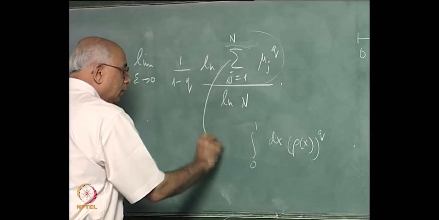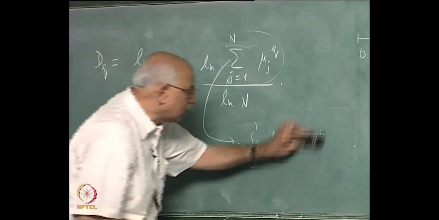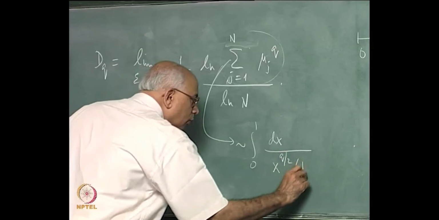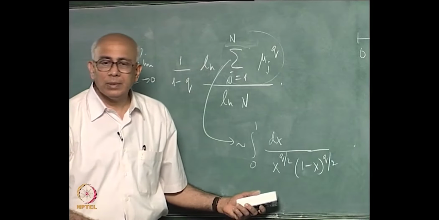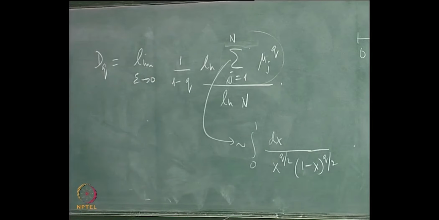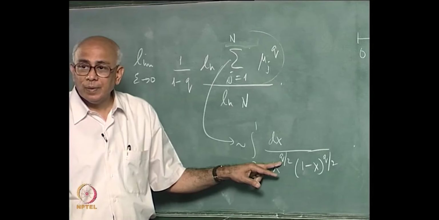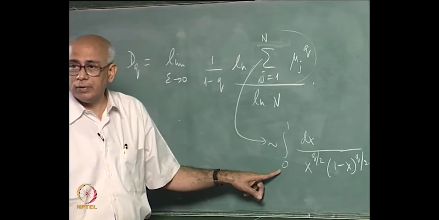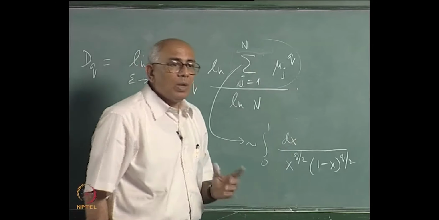So this quantity here is related to this integral here, but you have to be very careful, because the invariant measure has that structure, of the form x to the power q over 2 times 1 minus x to the power q over 2, and this does not converge if q is sufficiently large positive. It is immediately clear that if q is bigger than 2, or equal to 2, you also have a problem, because then you have dx over x and that is logarithmically divergent. So this replacement of the sum by an integral will work only if q is less